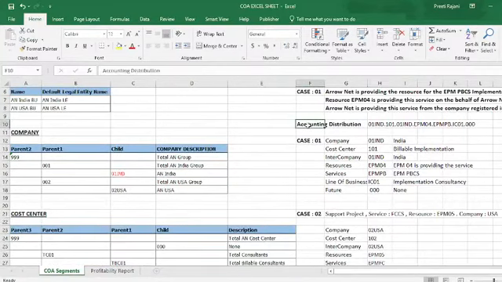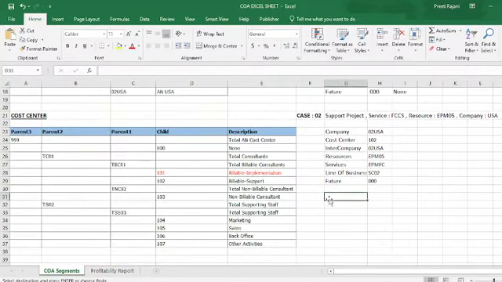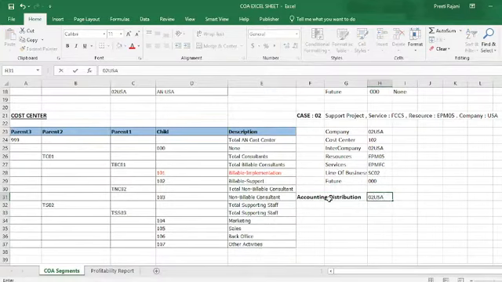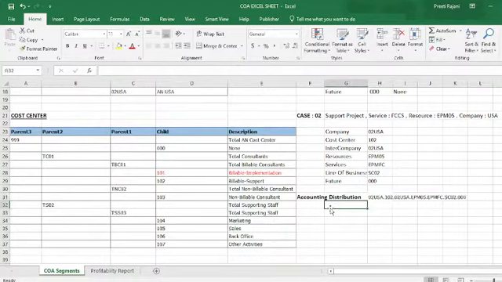Final accounting distribution will be your entry will be passed in the application, and in this way you can use your chart of accounts.